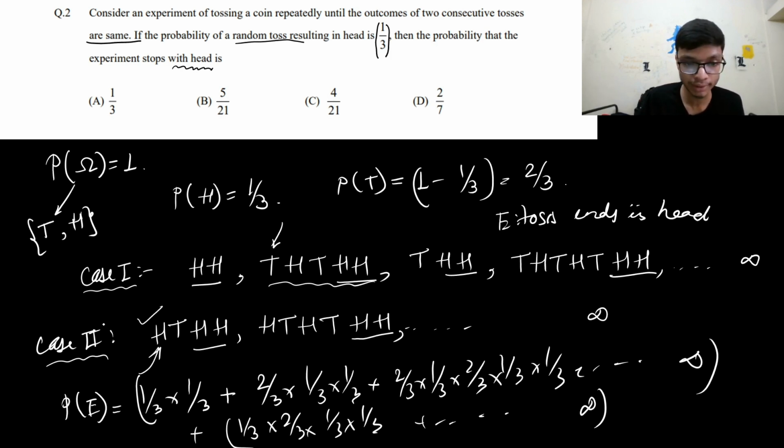Okay, so that was the only thing that you need to understand this particular question, and the rest is basically a simple GP. So this is basically a simple geometric type of question. Okay, so let us move on and solve this particular problem. Then we get the probability of this particular event as basically equal to 1 by 9